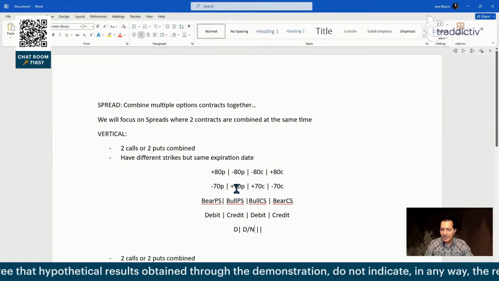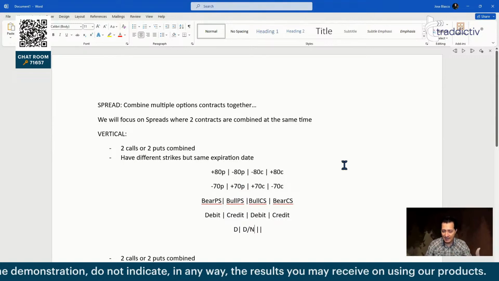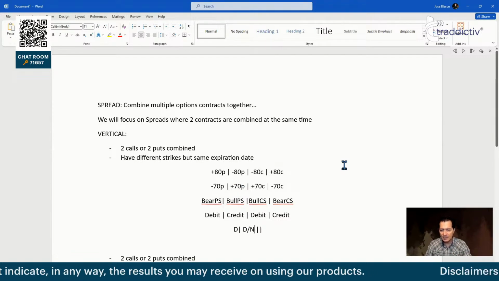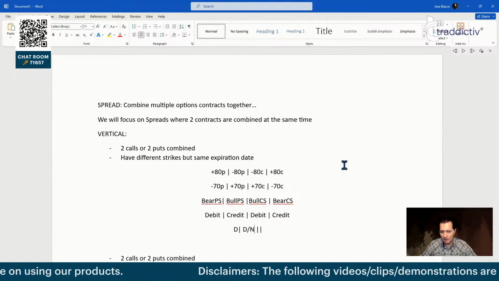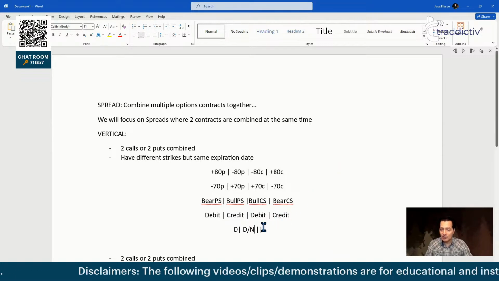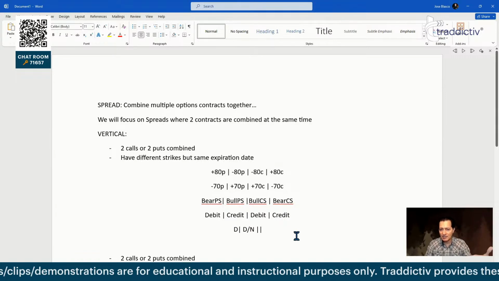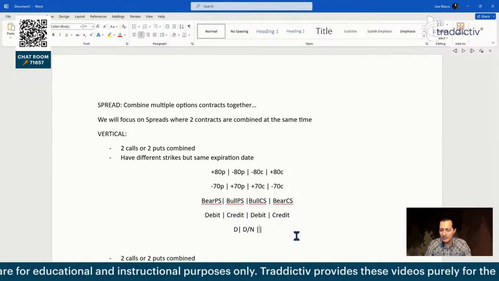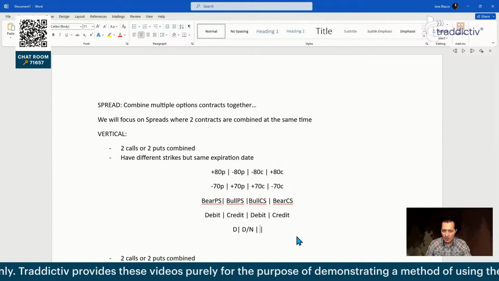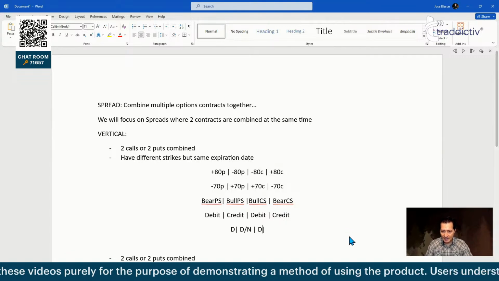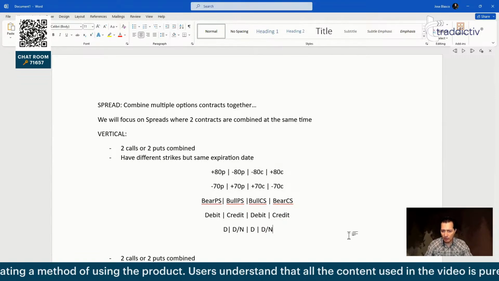So not only does it profit as the stock goes higher, but it also profits from time decay and from the stock not moving too much, and having the options remain out of the money makes the strategy profit. So it's what we call a neutral strategy. It's directional. In a perfect world, you want the stock to go, so you profit faster. But if the stock doesn't go, stays the same, or moves only a little bit against you, you may still end up in a profit. So it's directional neutral. For the bull call spread, it's also directional. You need the stock to move. And for the bear call spread, it's directional neutral.